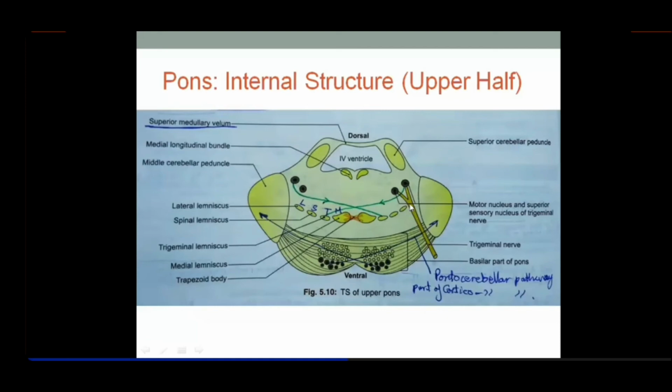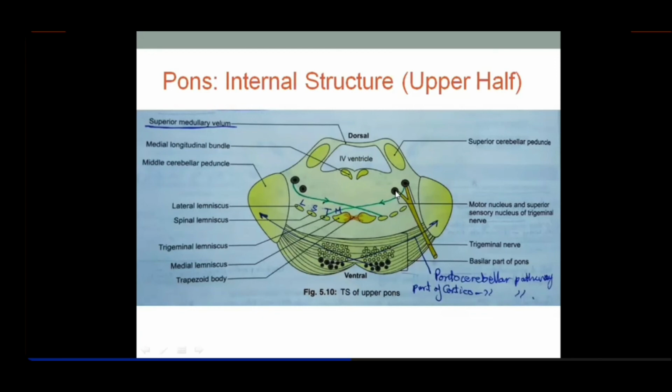But this is a correction in this diagram. They actually shouldn't have fused the two nerves, because the motor nerve arises separately on the ventral aspect of the pons and medially, while the lateral one is the main sensory nucleus. From the main sensory nucleus, the sensory portion also emerges, but in the end both of them arise separately. They have separate entities when they emerge on the ventral aspect of the pons. Where do they emerge actually? They emerge at the junction of the pons and the middle cerebellar peduncle here.